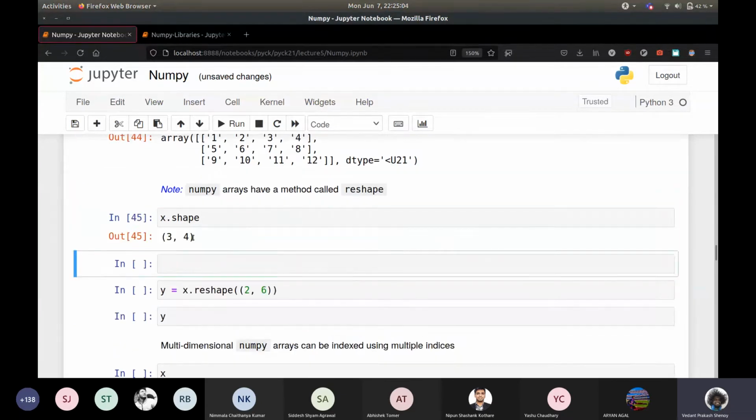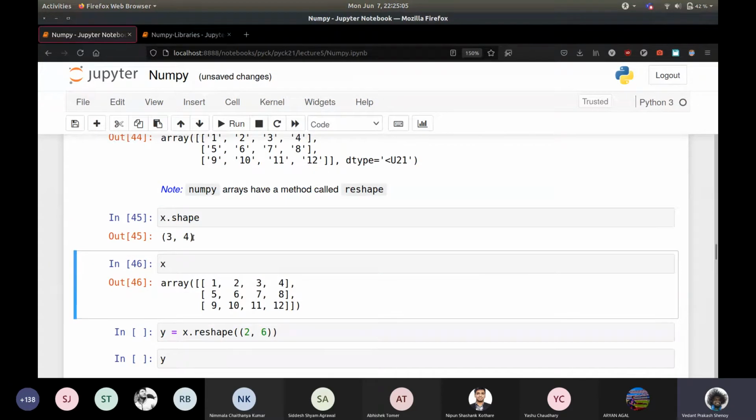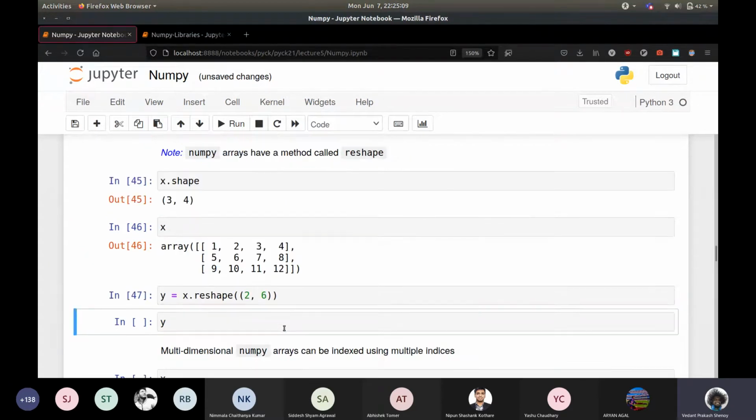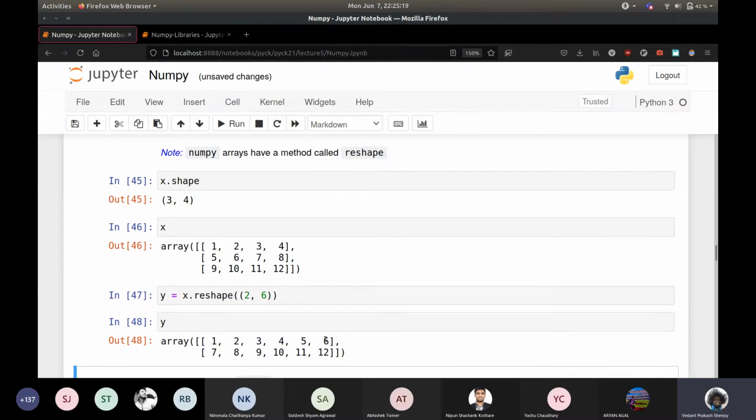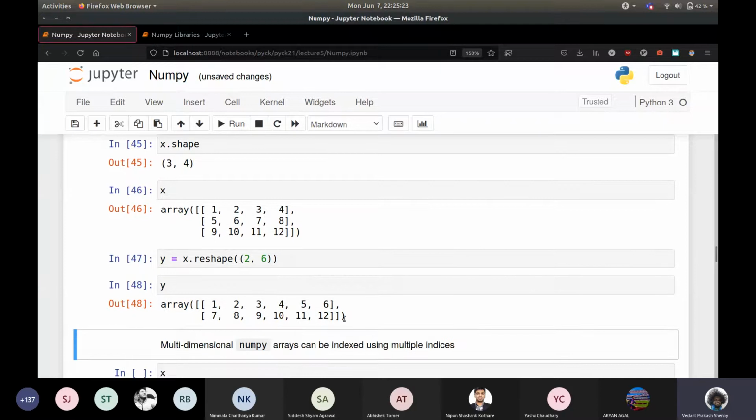You can also reshape. So currently the shape is 3, 4. Let's have a look at x. So it looks like this. If we reshape it, then it will get reshaped into this. So it will have 2 rows and 6 columns. And it basically gets reshaped almost exactly as you would expect it to. 1 2 3 4 5 6 7 8 9 10 11 12. Okay. So yeah, I mean, this is more about building familiarity with NumPy. It takes practice for you to be comfortable with this, but just know that these are things that can be done.